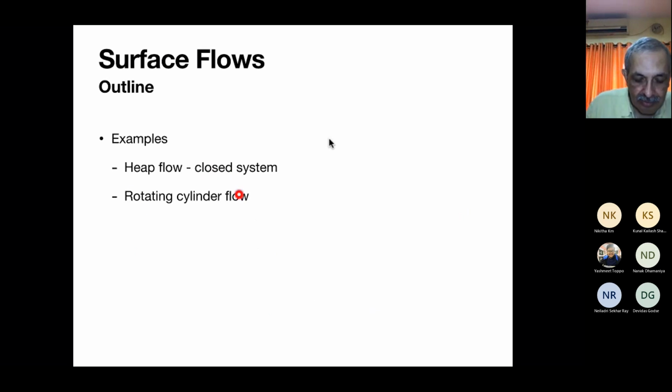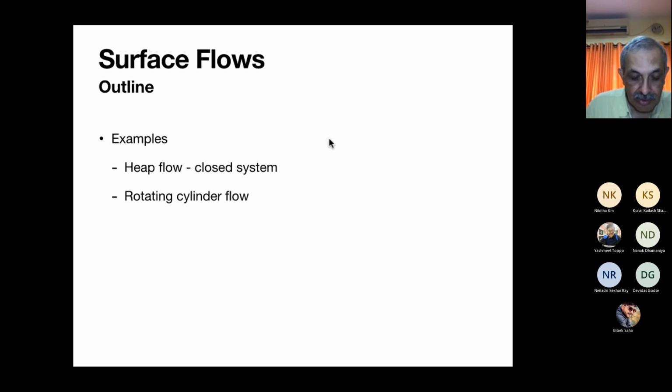And then after that, we look at a very important problem, which is what is the flow in a rotating cylinder, which is partly filled with a